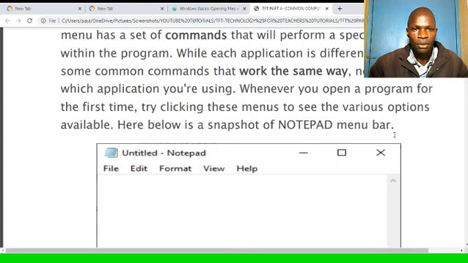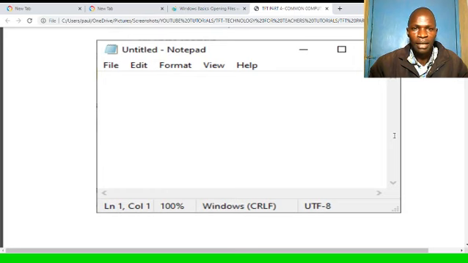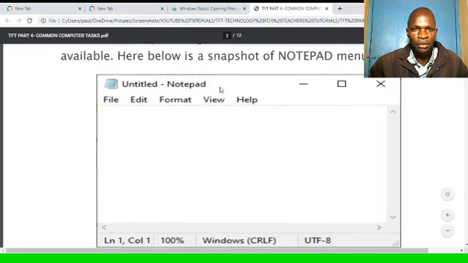So here is a snapshot of a notepad menu bar in my computer. I took a snapshot of my notepad application, and this section at the top is called the menu bar.